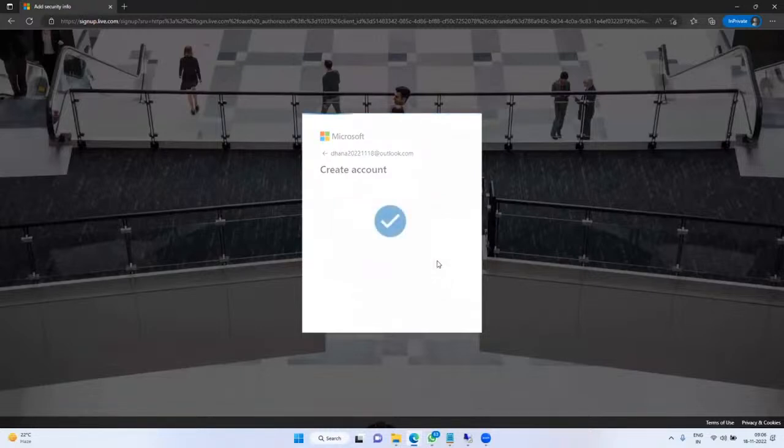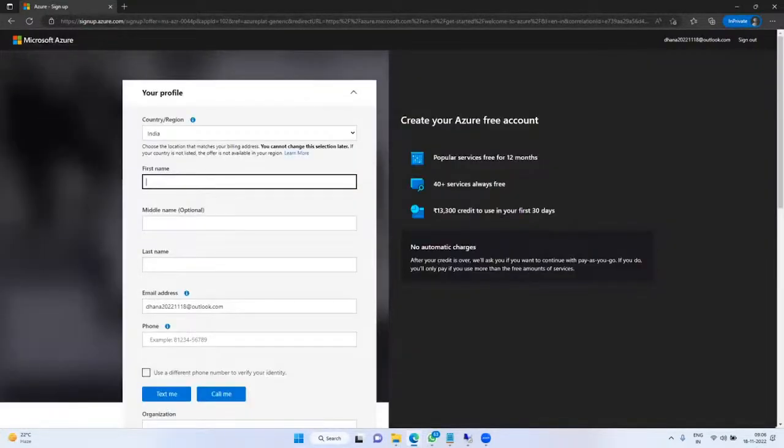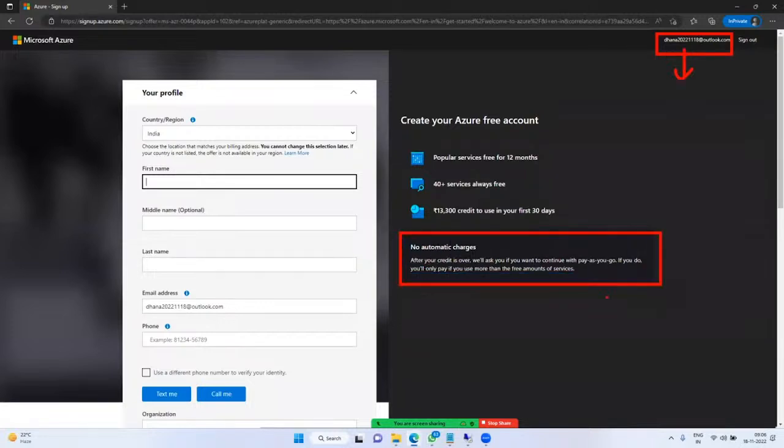The account has been created. If you observe here, it is showing my email at outlook.com. See, here it is giving one notification: no automatic charges are there. After 30 days, at any cost, your account will be deactivated. You need not bother about it. Some people will have a doubt that, oh, if we are passing